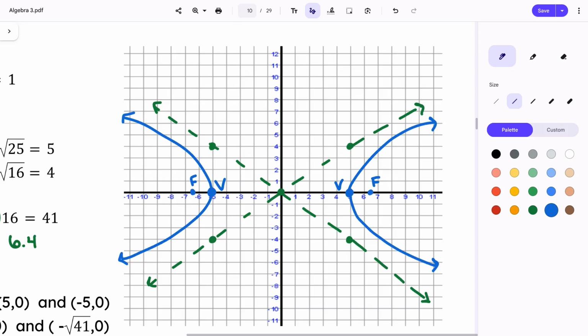Anything major standing out that I need to clear up right now? What? I'm still trying to